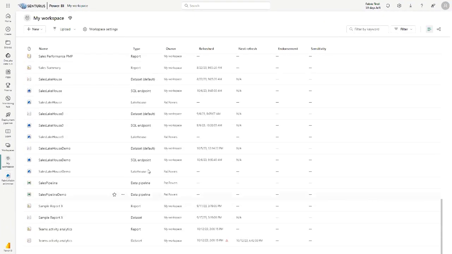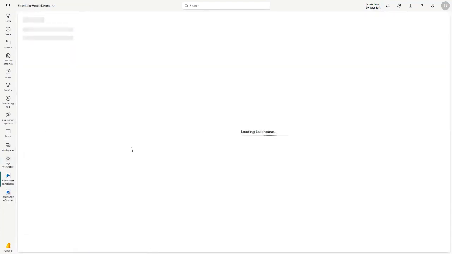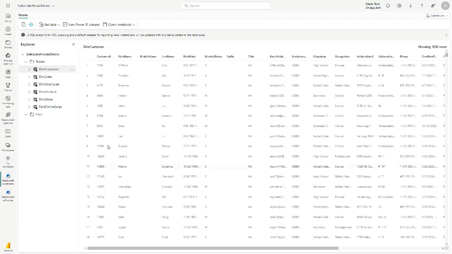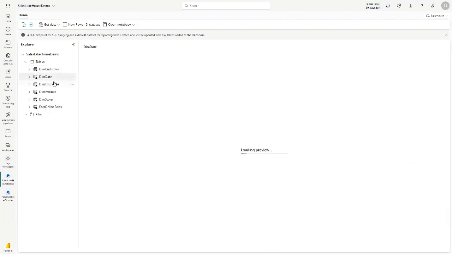So there's my data set. There's my SQL endpoint. Here's my lake house itself. So I brought these tables in. Oh, got all my different tables.